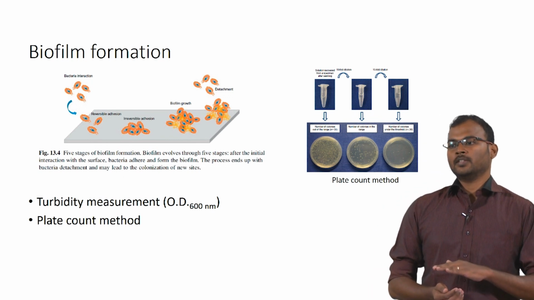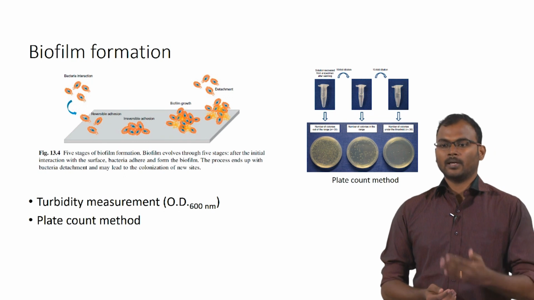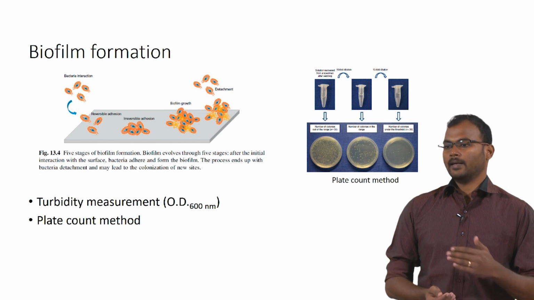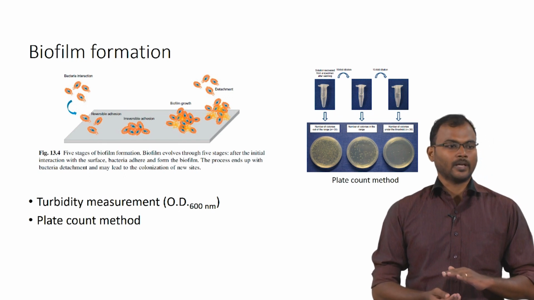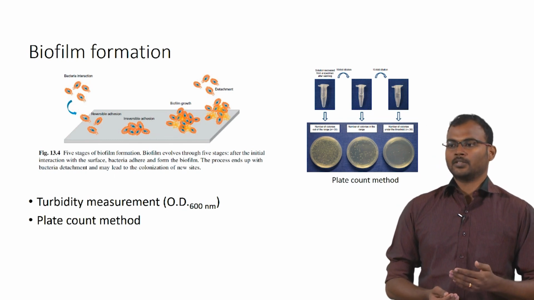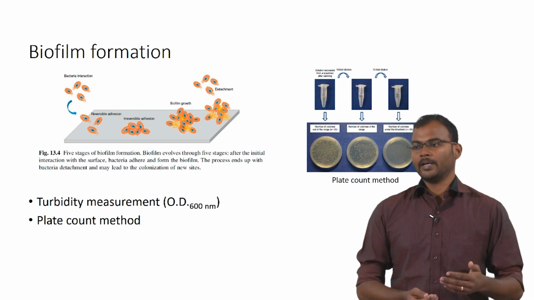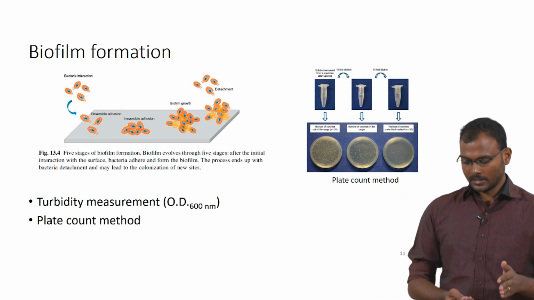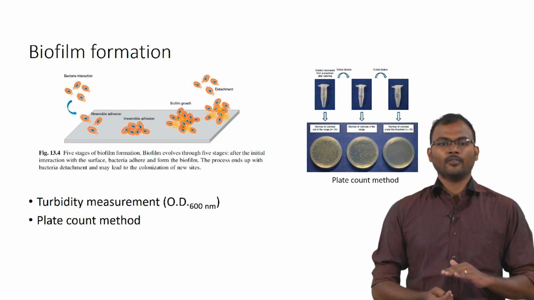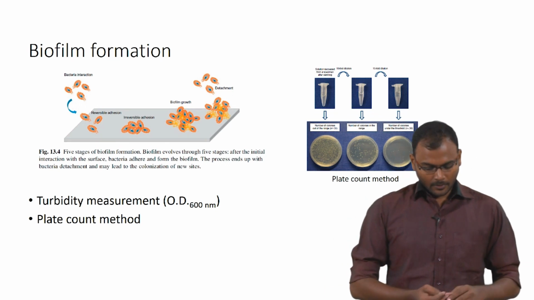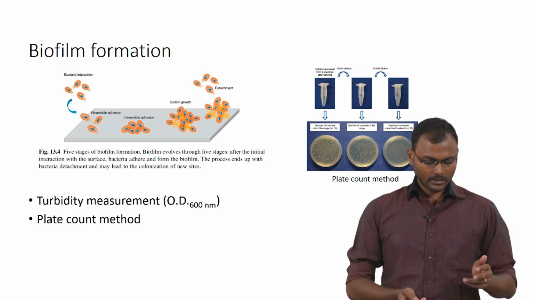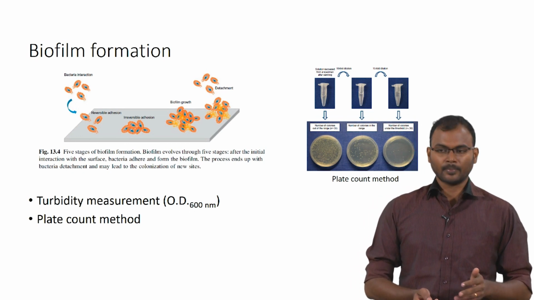So, these exopolysaccharides will protect them from the immunogenic cells, thereby they will be there over a long period of time, and whenever the host immune system is low, these can come out of the exopolysaccharides and infect the nearby tissues and cells. So, biofilm is a major problem and your material should avoid biofilm formation as much as possible. For biofilm estimation, there are two basic methods. One is turbidimetry measurement and another one is plate count measurement.